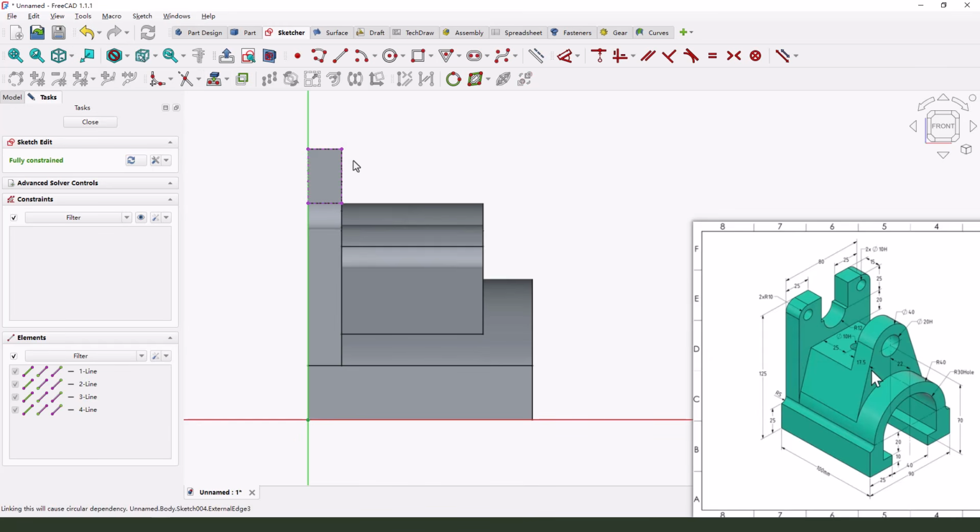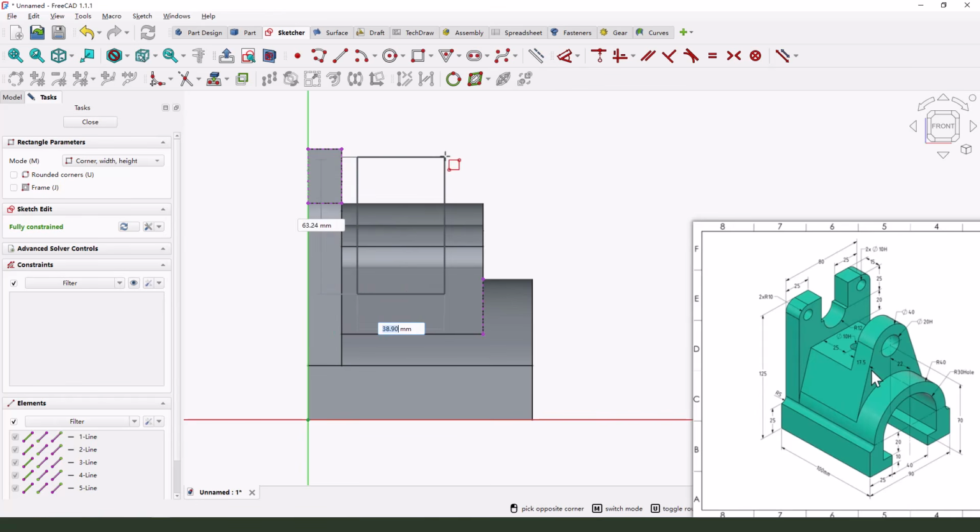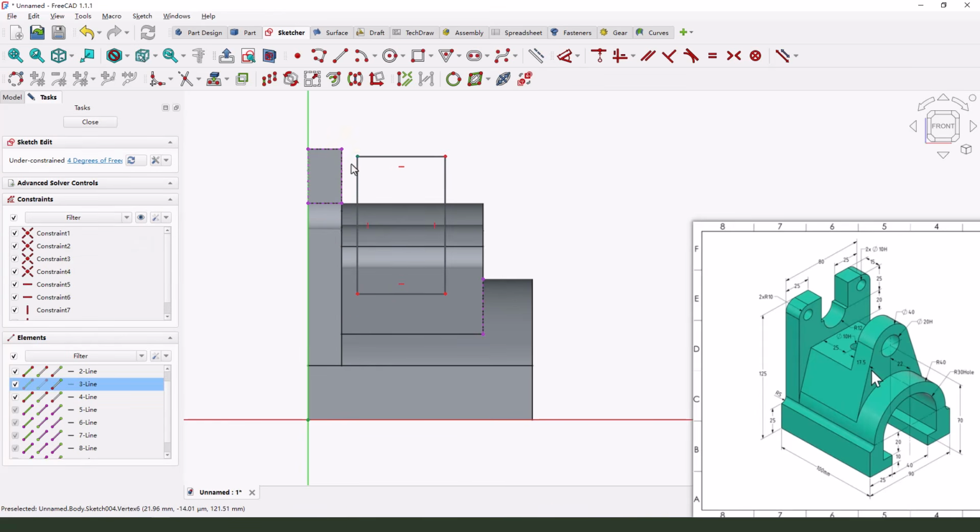So this edge and this edge. Okay, next we need to create a rectangle. This point coincident, and make dimension this point to this edge 77.5 here, 17.5, and